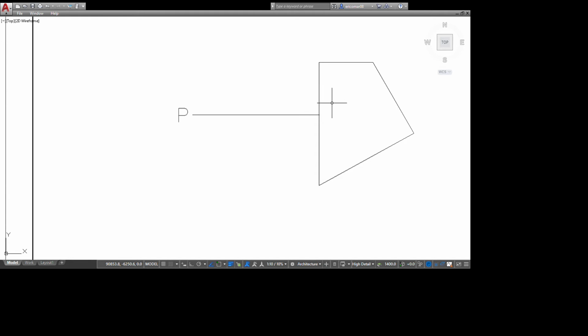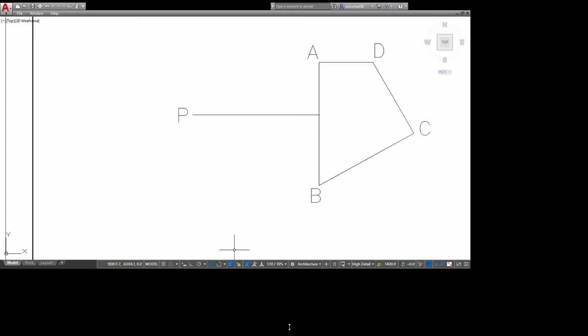Then the other points need to be named accordingly. So this is point A, B, C, and there, and the last point is D. Okay, so after labeling the points in this drawing, what I will do now is to follow the instructions, and